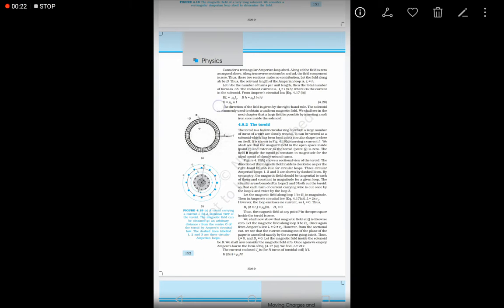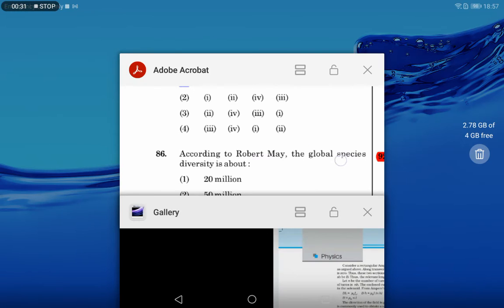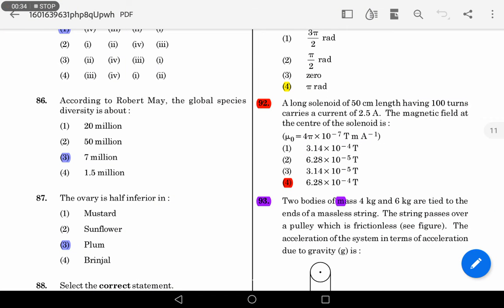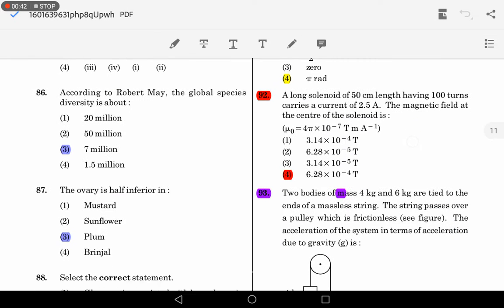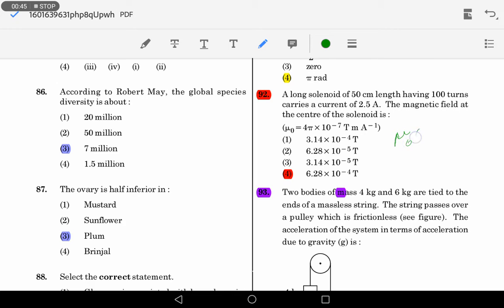The formula for the magnetic field at the center of a solenoid is given by B equal to mu naught n i. B equal to mu naught n i is applicable only for the center of the solenoid and not for the edges. For the edges, the formula becomes mu naught n i by 2. Small n i by 2 is the formula for the magnetic field due to a long solenoid at the edges. At the center, just mu naught n i, where n is the number of turns per unit length, not just the number of turns, it's the number of turns per unit length.